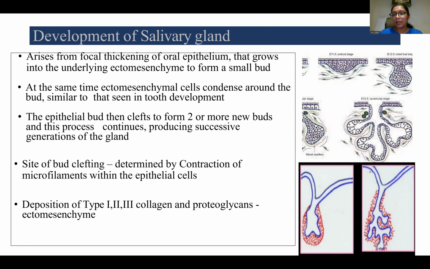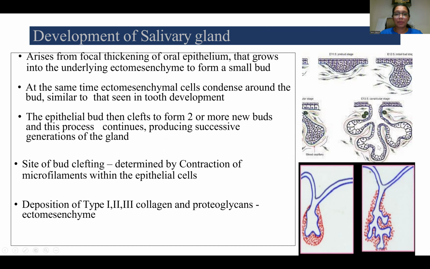So a bud is formed and around it is the dense ectomesenchymal condensation. This epithelial bud then clefts. Clefting is going to take place in order to form two or more buds. Here, clefting has taken place and